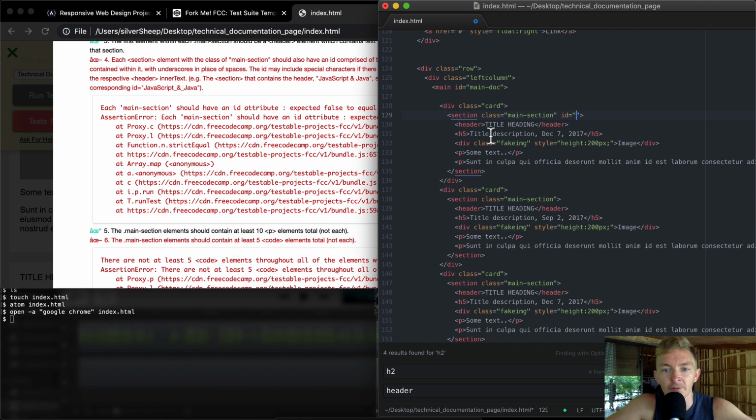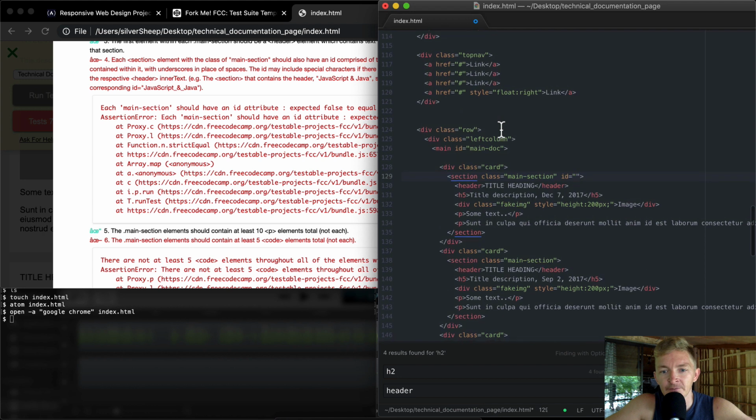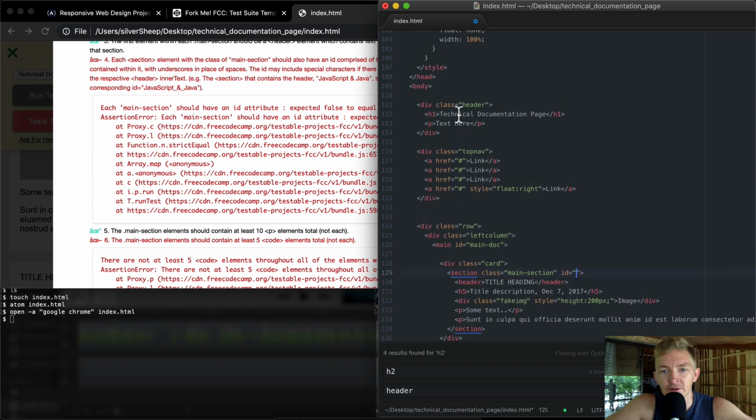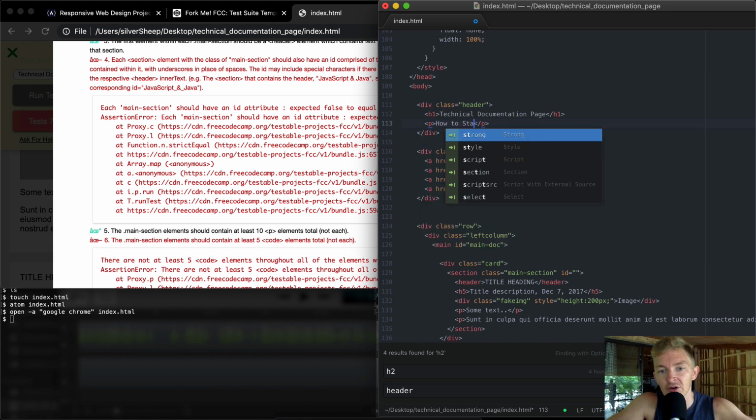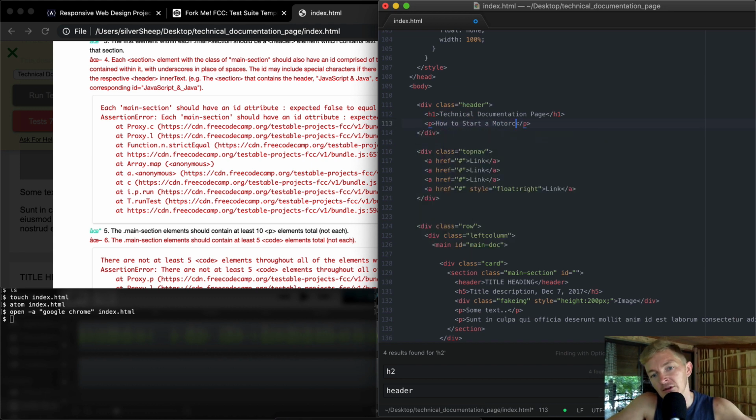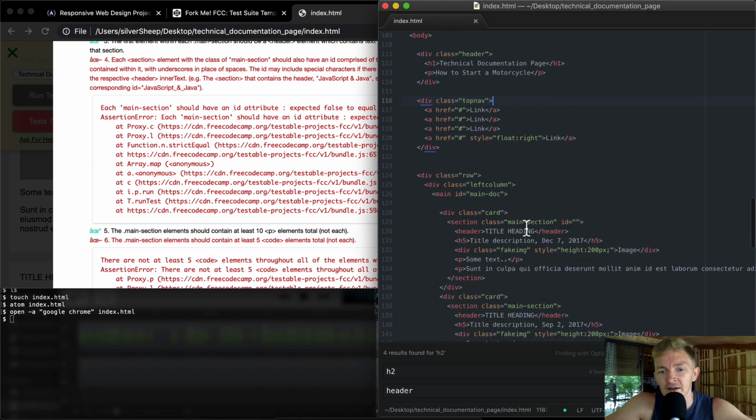And so our technical documentation page will be, let's call it technical documentation page, how to start a motorcycle. You can change this to anything that I do that's related to the thing. I'm just going to make a technical documentation page on how to start a motorcycle. So I'm going to save this. So our first title heading is going to be